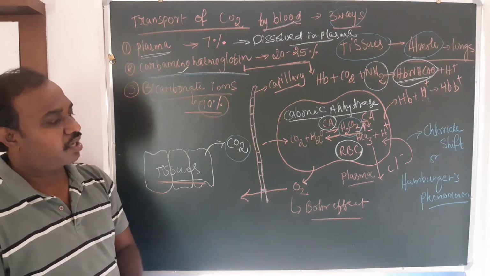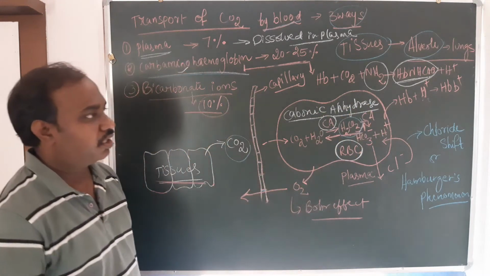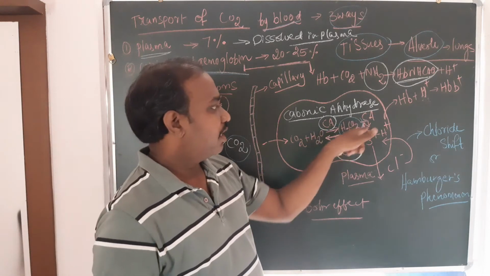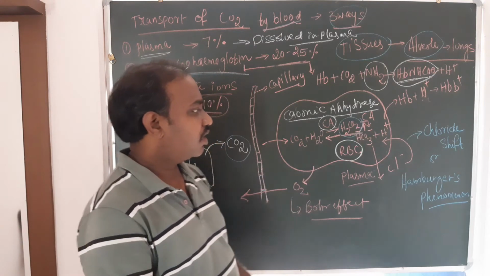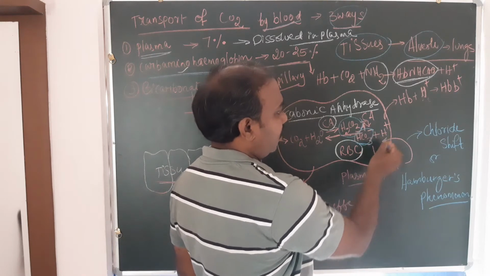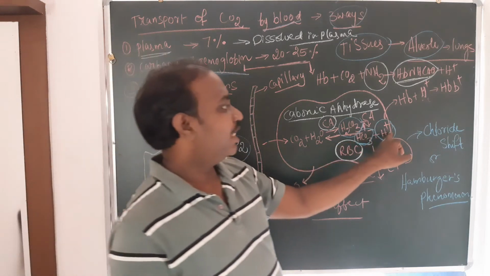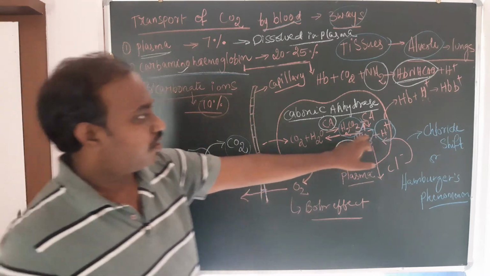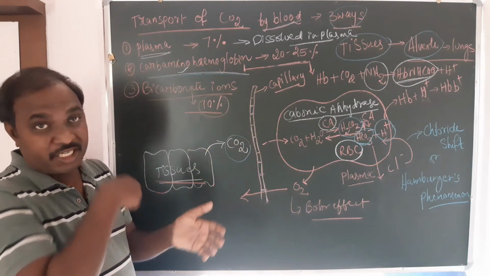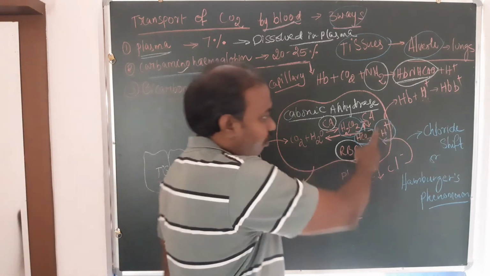This is an unstable compound, and this gets dissociated again. As a result of that, you see the formation of bicarbonate ions and H plus ions. That is why you have more H plus ion concentration, and pH is less because of the formation of all these